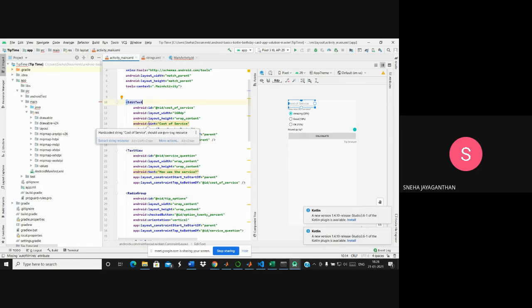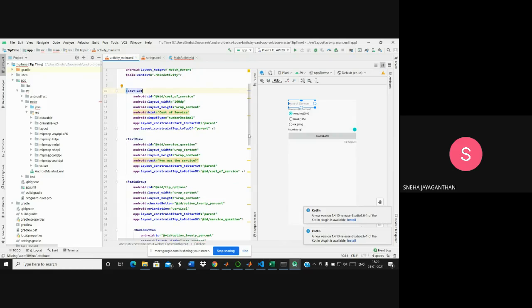Hint is a value that will be printed on the edit text by default, so that the user comes to know what he or she is supposed to input. And there's a value called input type, like what type of input you expect the user to give. Is it numbers, or alphabet, or a character, or a string? That comes into input type.